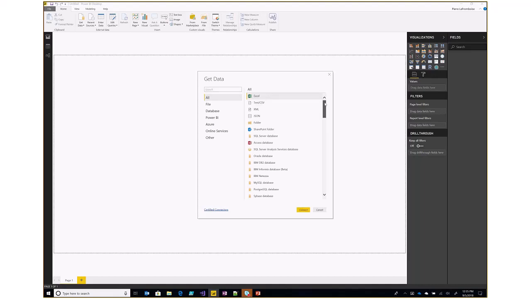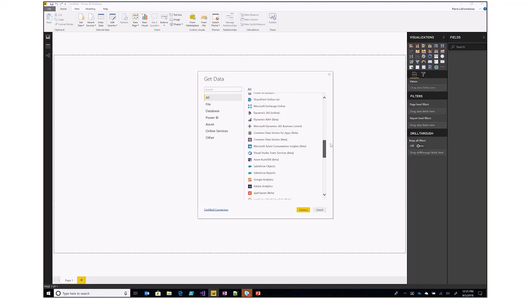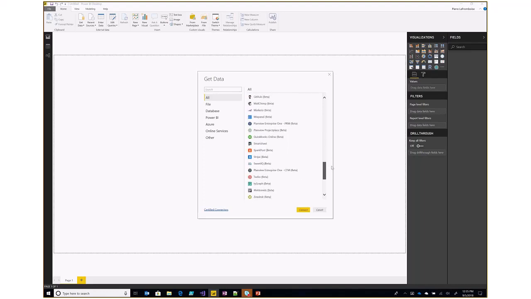As I mentioned, there are dozens of different data sources that are available from a Power BI connection perspective. Many of them are native, where it's specific to that tool. For instance, if I wanted to connect to Zendesk, there's a connector specifically for Zendesk. However, there's a number of generic connectors in here as well, everything from ODBC connectors to OData to just standard